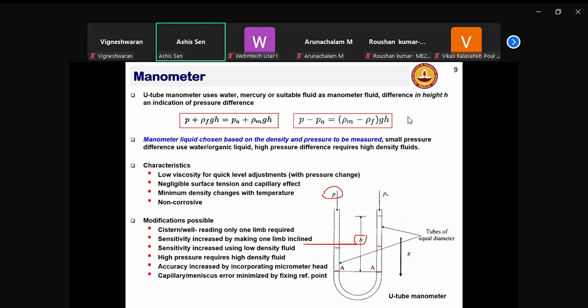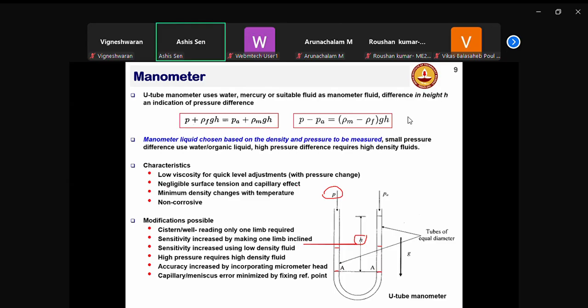Now, what should be the characteristics of a manometric liquid? It should have low viscosity, because let's say the source pressure is changing frequently. If the viscosity of the manometric liquid is very high, it will take a long time to actually settle down, because the resistance offered by the tube will be very large, and the time constant of the system would increase proportional to viscosity, as you would see when you do a second order analysis of manometer system, which we'll be doing soon. So we need a low viscosity for quick level adjustment,